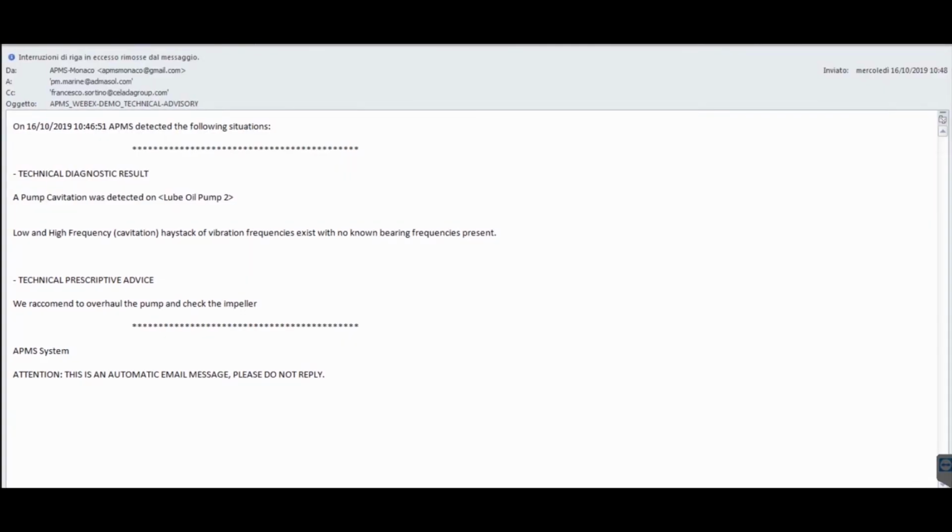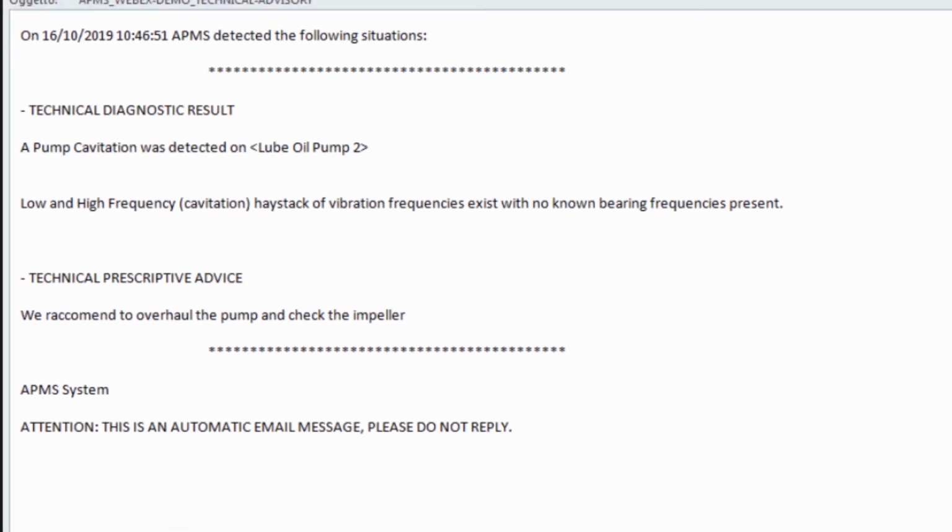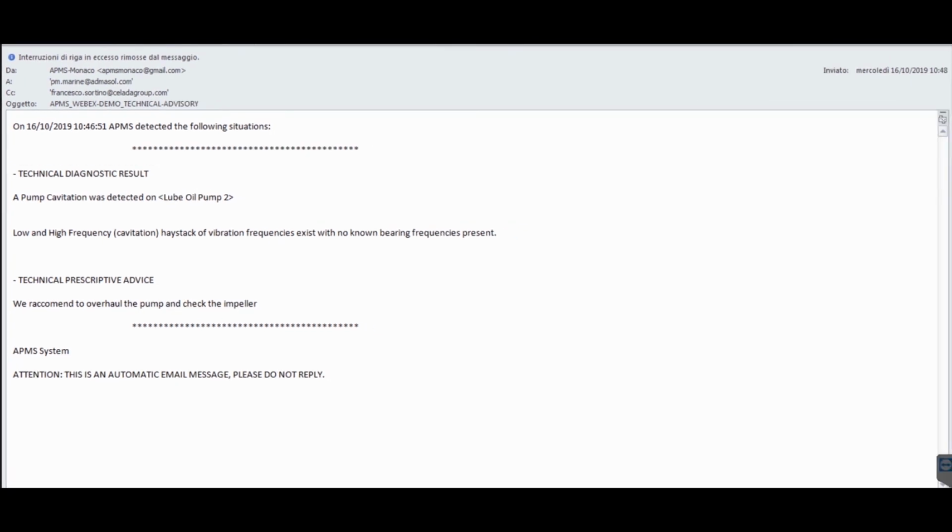To demonstrate how the system eliminates false positives by correlating multiple sources of data and inputs, just think that if we had not taken into account the data describing the filter and the oil conditions, the root cause analysis would have identified the impeller as being the cause of the pump cavitation. This would have resulted in a machine downtime, and in an unnecessary corrective maintenance task on the pump. While this technical issue can be easily addressed by simply changing the filter and the oil,